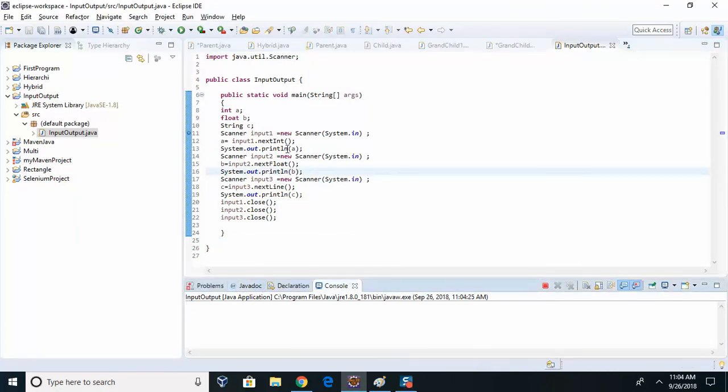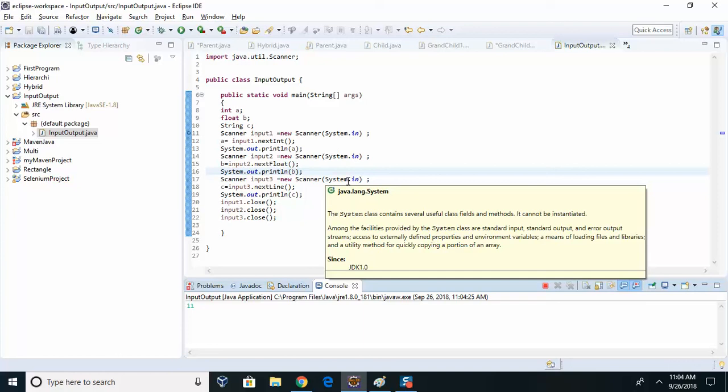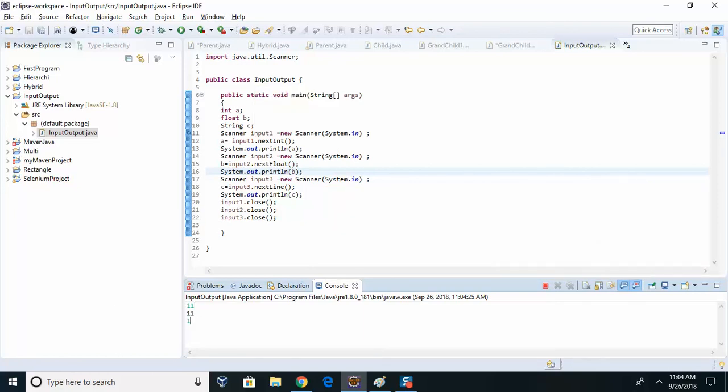For character, 1 1 1 1, right? Then next is floating point, 12.22. Next is character ABC, and it prints ABC. So this is how you can take user input. One way to do it. There are other ways to do it also, we can explore that, like BufferedReader. So first, this is the Scanner function. I'm going to